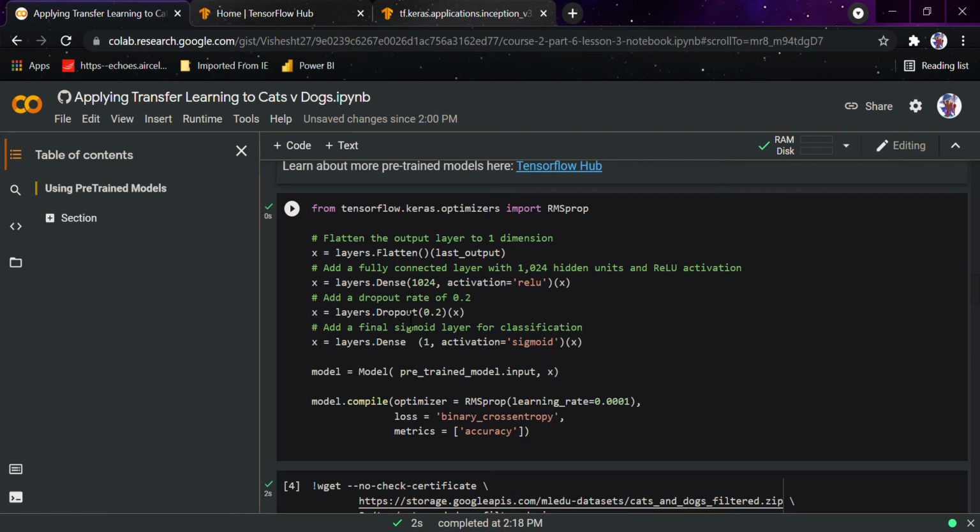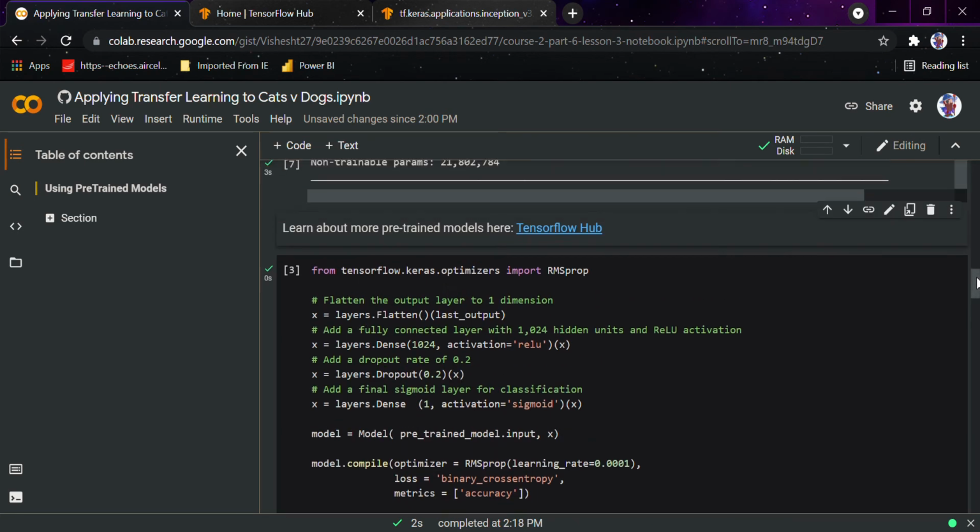Then we tell the model that it is going to be built on the pre-trained model, and we define how many layers the model should train. So what we have done is imported that model from TensorFlow Hub, and now we are defining the parameters on which it will be trained.